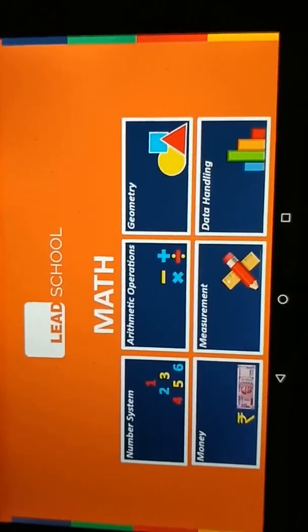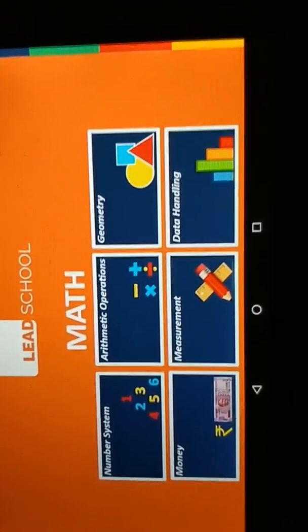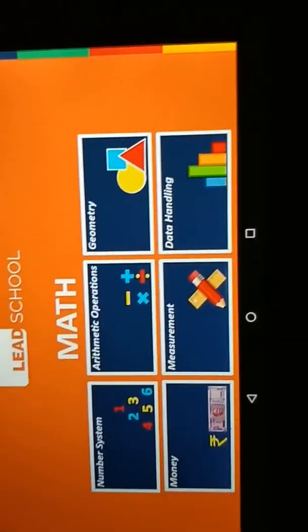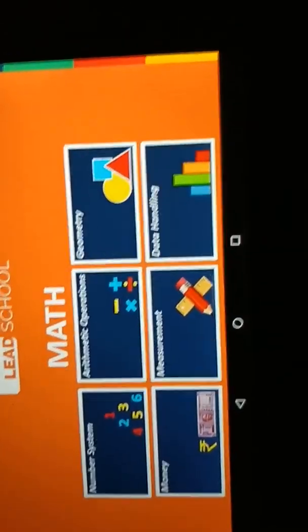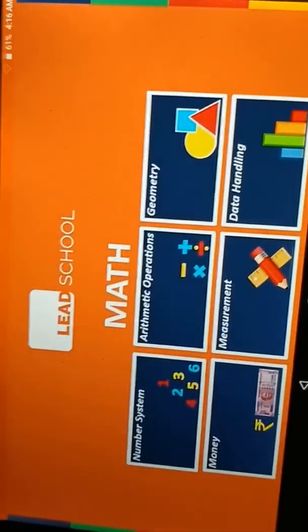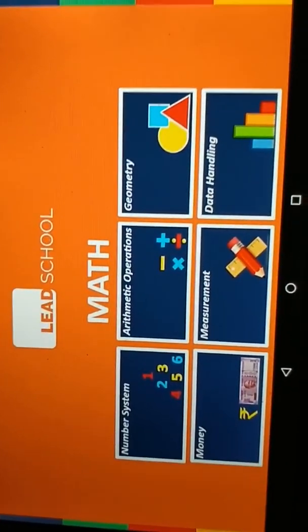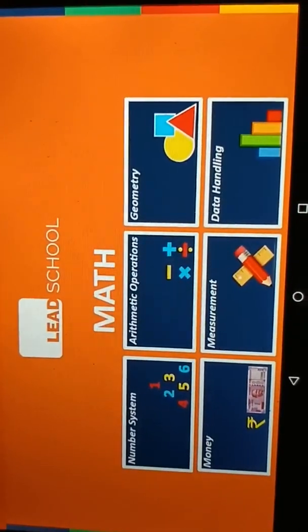So students, today we'll start unit number 1. In that unit we'll start worksheet number 22 and 23. In that unit we'll start addition word problems. But before starting addition word problems, I'll show you one video on how we'll solve the word problem, how we'll solve the addition word problem.